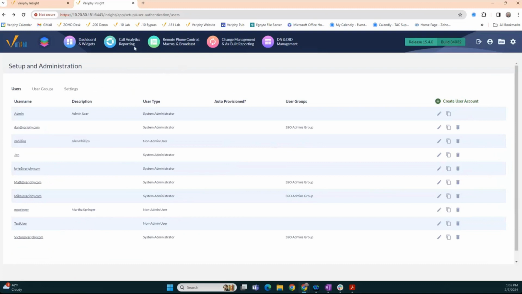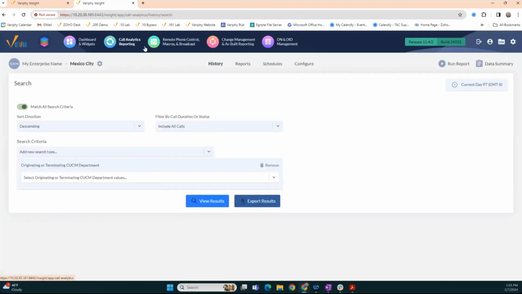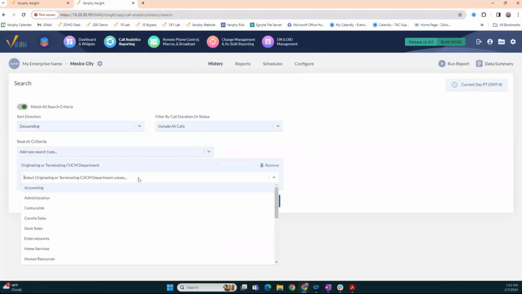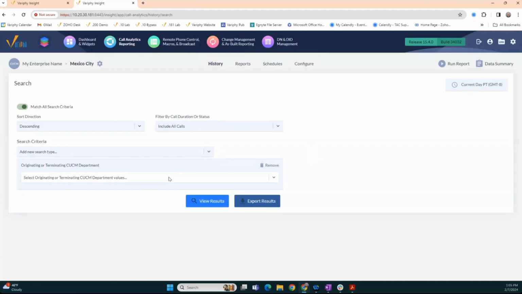So I'm going to start where we often like to start with anything that we're doing in reporting, and that's in the call history search. I'm going to be leveraging this because there is a real recent feature where we can save search sets as public right through reporting. So for purposes of this, let's see,